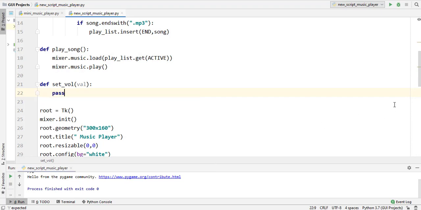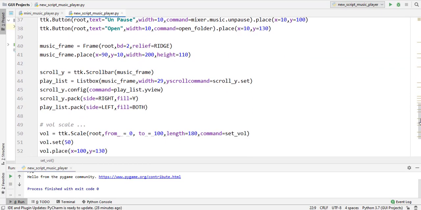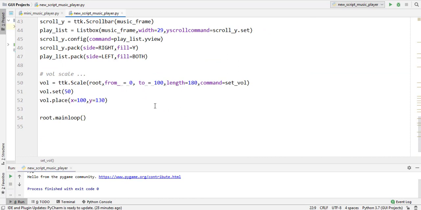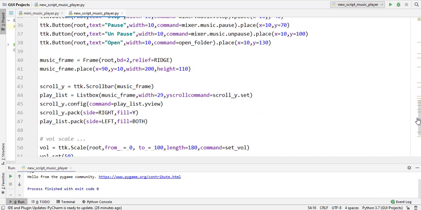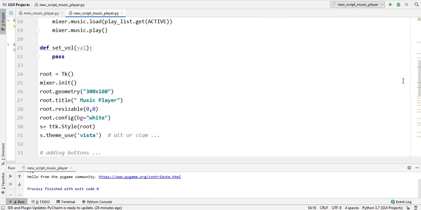Actually, when we move our scale bar, the current value of the scale bar is passed to the function which we are calling. And in that way we can use that value to change the volume of our music player, or the volume of the currently playing music.